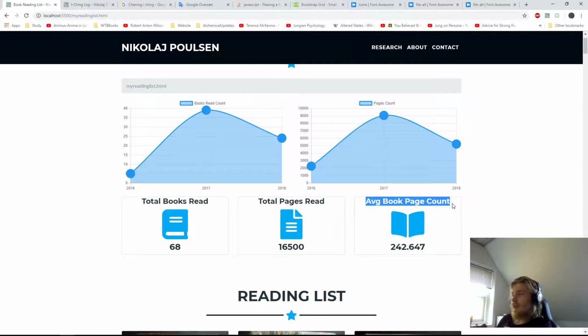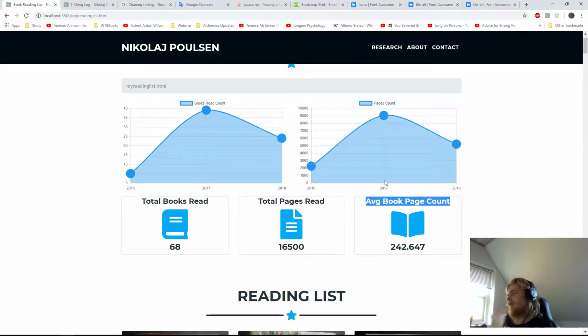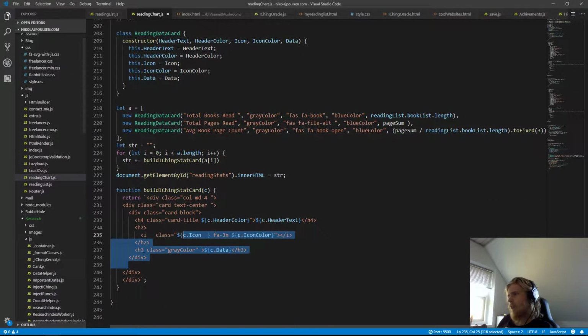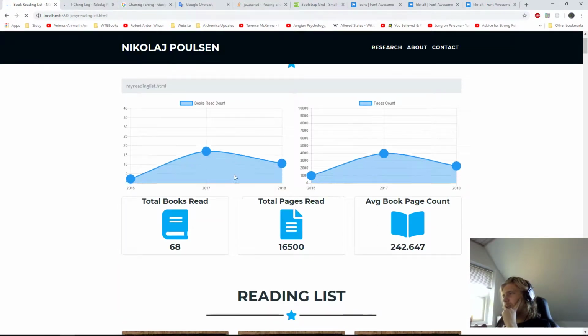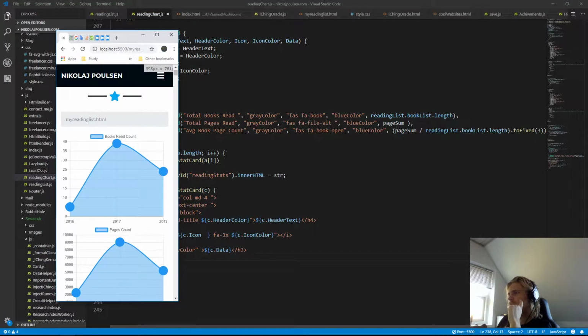Could make a graph over that, maybe a big one or something. Maybe that's interesting to see. Just a graph over that. I might actually want to do that. So I'll have like a graph here under showing